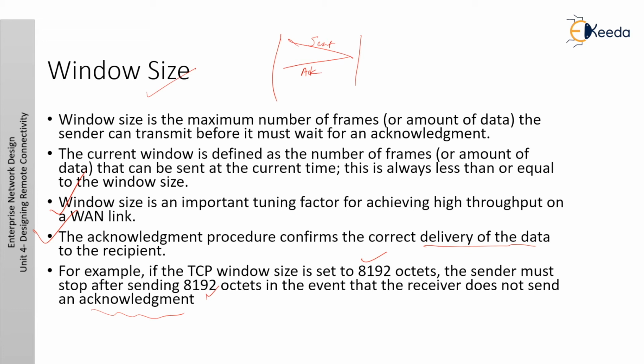Now, window size is an important tuning factor, as already seen here, and this might be unacceptable for long or high latency WAN links with significant delay, in which the transmitter would waste the majority of its time waiting. The more acknowledgements because of smaller window size and the longer the distance, the lower the throughput. Therefore, on highly reliable WAN links that do not require many acknowledgements, the window size should be adjusted to a higher value to enable maximum throughput.